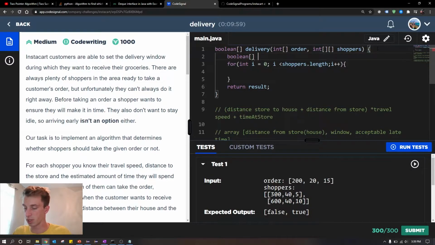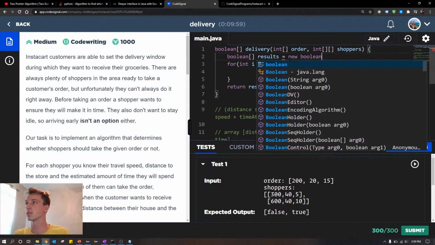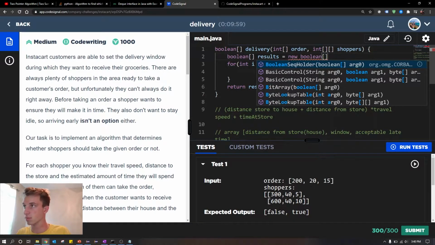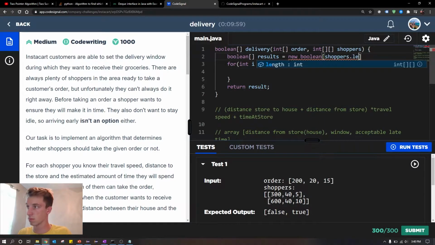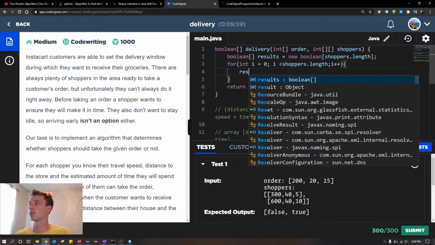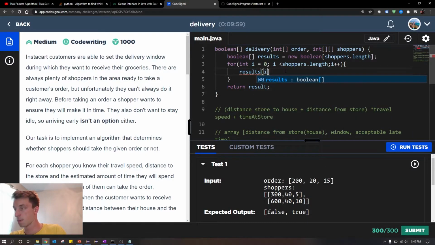We're gonna do a Boolean array, and the reason we're doing a Boolean array is at the end we're just gonna return results, which is a Boolean array, and it'll be true if the value is true. If a value is false, it'll return false. And then we're just going to make this the length of shoppers. Okay. So results at i